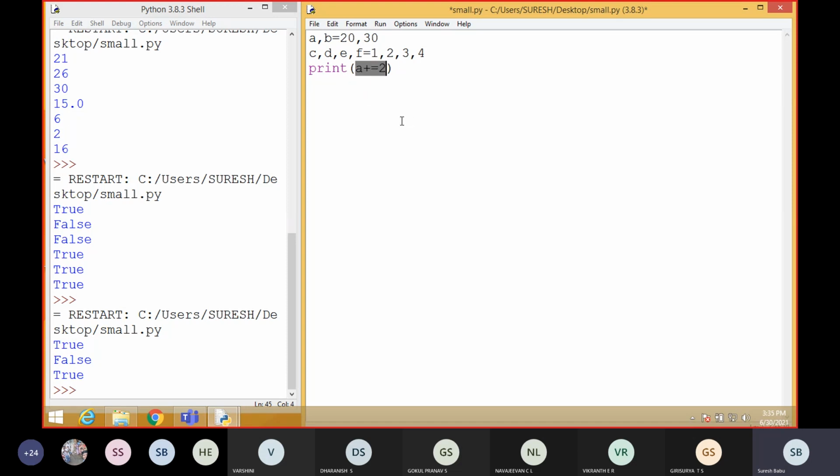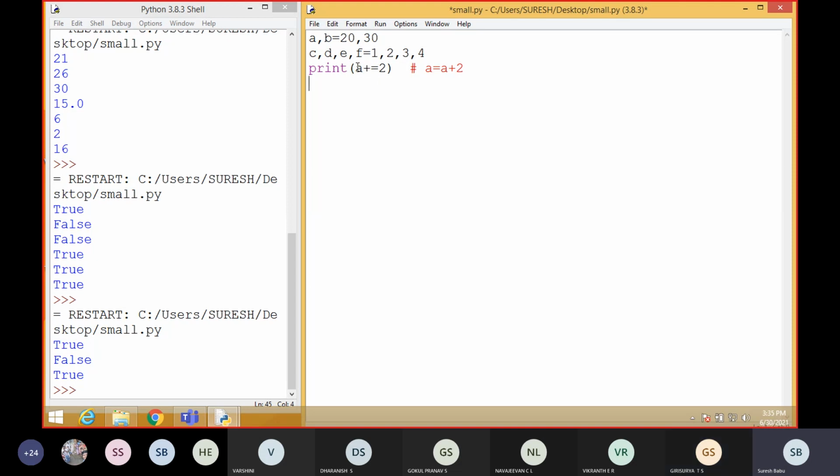A plus equal to 2 means you have to do A equal to A plus 2. Understood, everyone? Yes, sir.